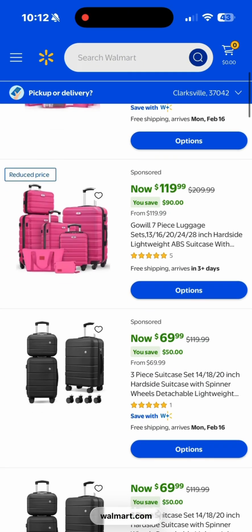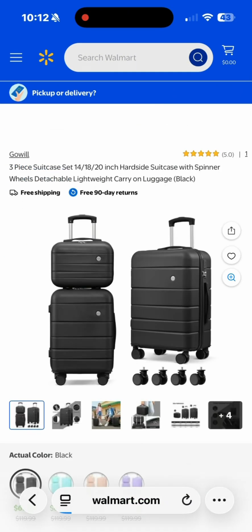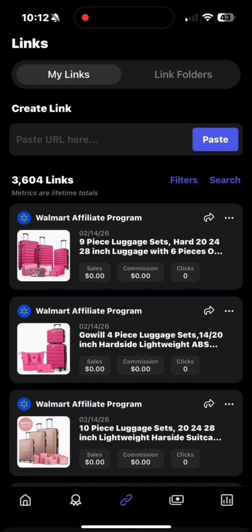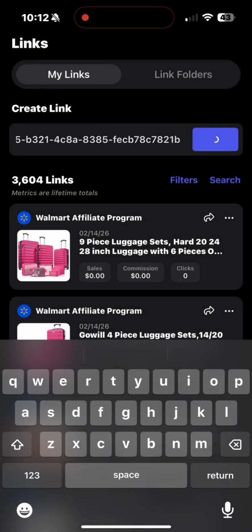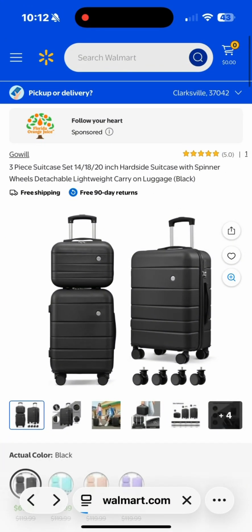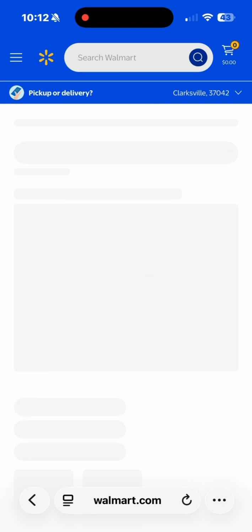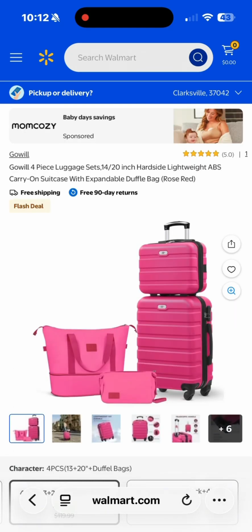You can also save these pictures from the brand site. So that way, if you want to make like a collage in Canva or like a style board in Canva of the luggages, you can do that as well. So that way it shows all the luggage on one page. Or if you want to just save the pictures and upload them on like social media, you can do that